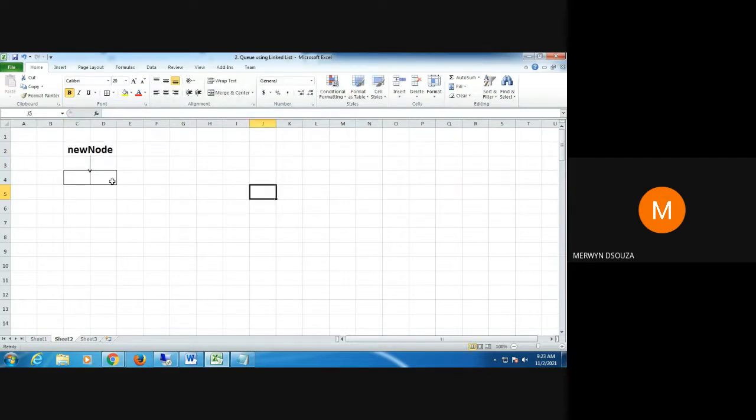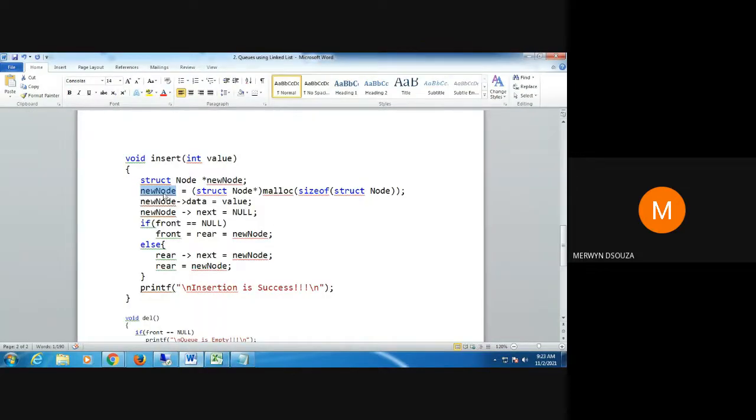Let's say the address is 560. This is what happens in this line: memory has been allocated and the new node variable is pointing to that.